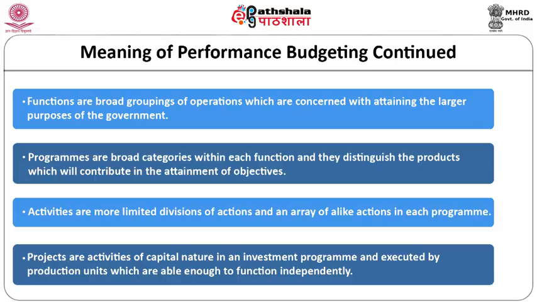Next term is activities, and activities are more limited divisions of actions and an array of like actions in each program. Means if we are having a program, there may be a list of activities or group of activities which is to be performed within a program. There are different groups of activities within a program. And lastly, the concept of projects. Projects are defined as consisting of activities of capital nature in an investment program and executed by production units which are able enough to function independently. And after discussing these concepts, that is functions, programs, activities and projects, now we can have